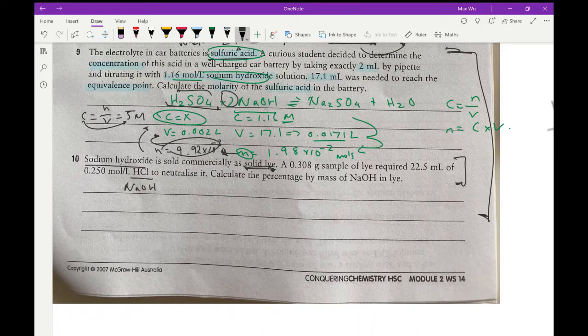NaOH reacts with HCl. So it's reacting with HCl, and we have NaCl plus H2O: acid and base give salt and water. Great, and it's sold as solid lye. So therefore, sodium hydroxide exists inside solid lye. We have a 0.308 gram sample of lye required,